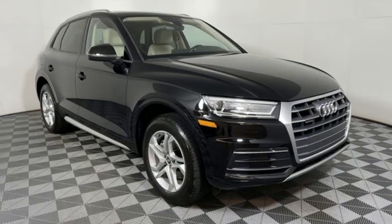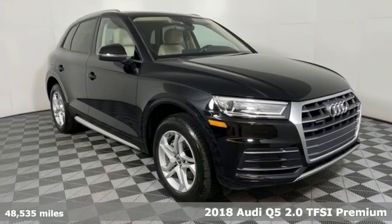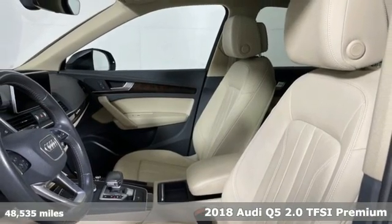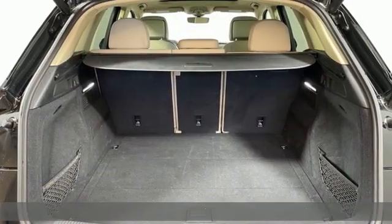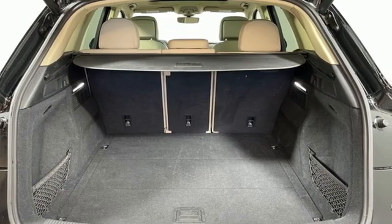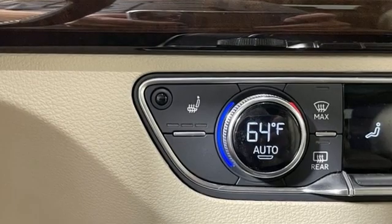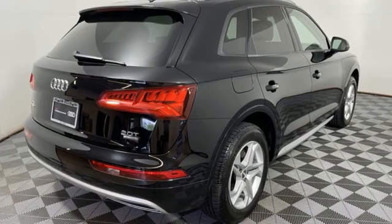Here's a 2018 Audi Q5. It looks sharp, drives smoothly, and handles twists and turns with ease. You'll look forward to every drive with features like these: intercooled turbo inline 4-cylinder engine, gas pressurized shocks, Bluetooth wireless